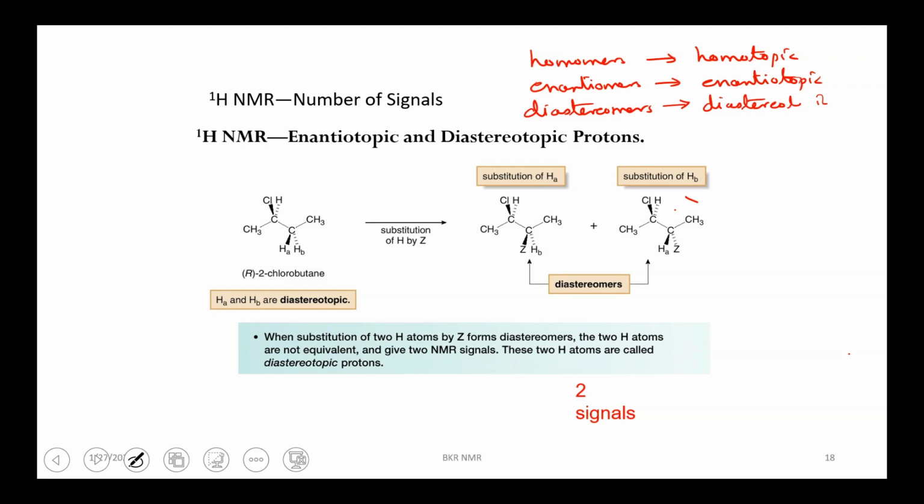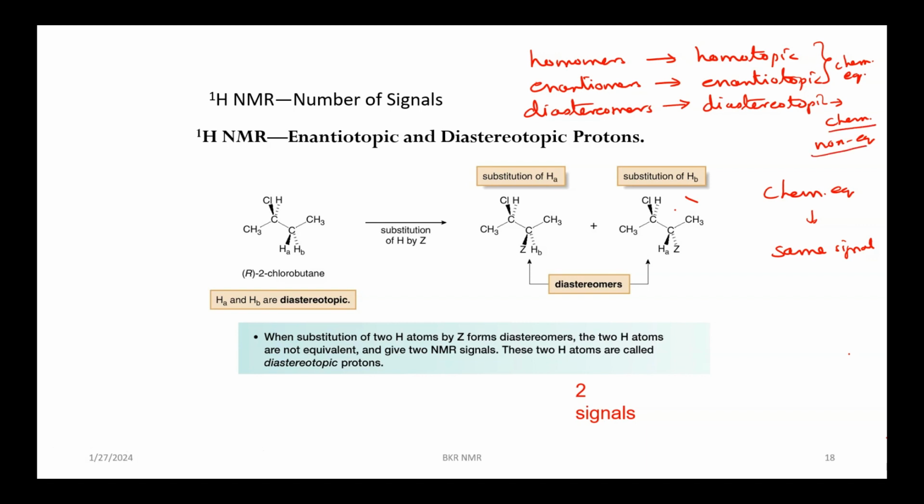Now keep in mind, homotopic and enantiotopic are chemically equivalent. Diastereotopic protons are chemically non-equivalent. So if they are chemically equivalent, they'll give you the same signal, only one signal. If they're diastereotopic, they're chemically non-equivalent, they'll give you different signals. Okay. So very simple. So what I can do in order to find this homotopicity, enantiotopicity, and diastereotopicity,